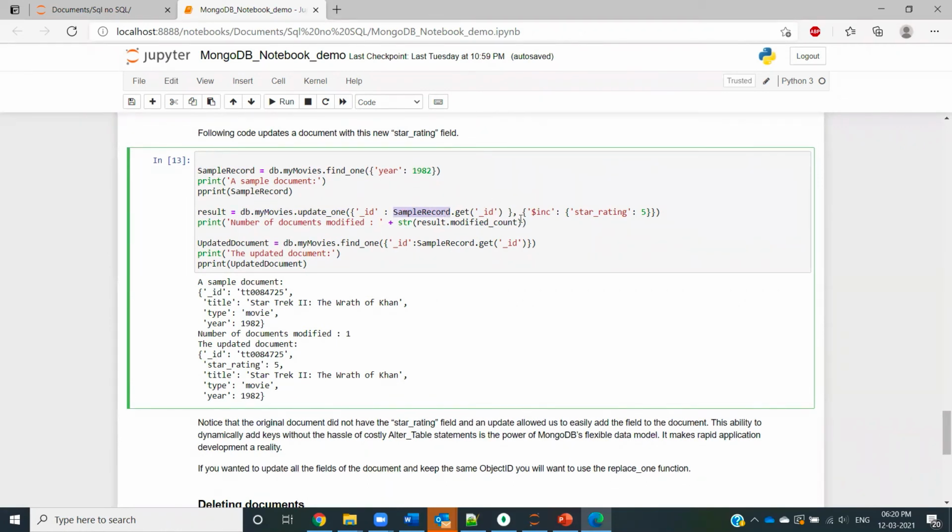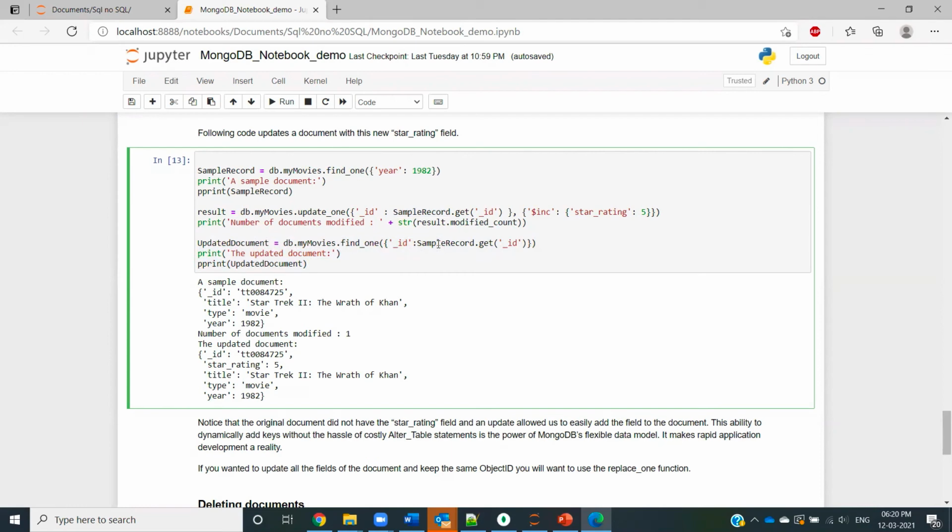And what change I want to make is basically I want to include another field called star rating. In this section, I'm just printing out the updated document so that I can see that the specific updation has been made to my records.